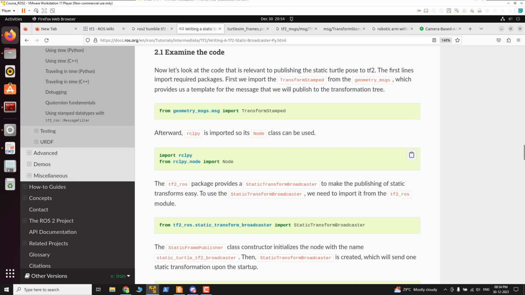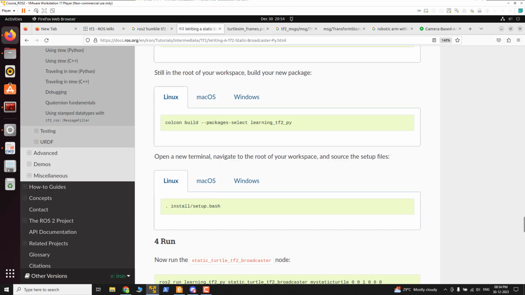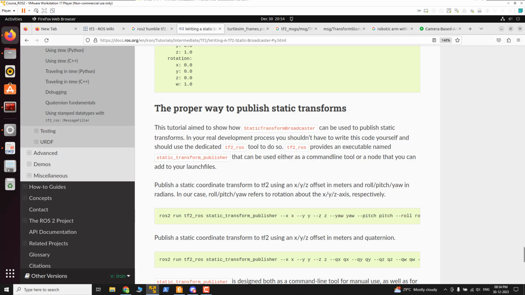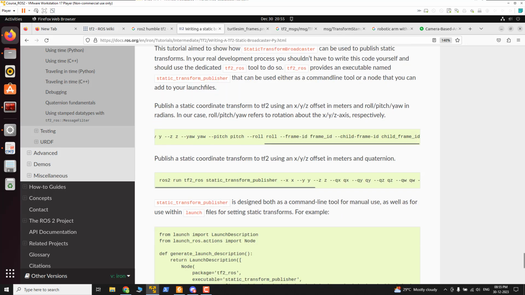Okay, so they are explaining about a code and all. Maybe we don't need to discuss that now, but maybe let me see in an easier way how we can do that. Okay,